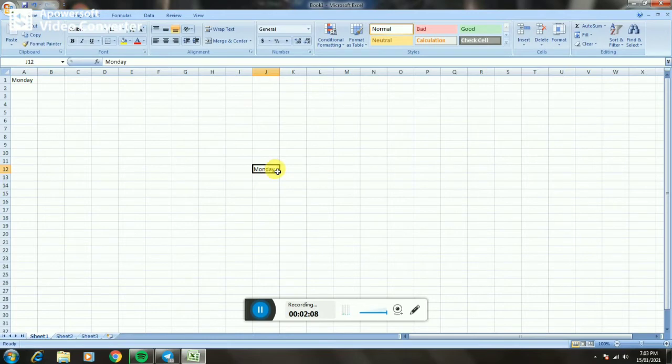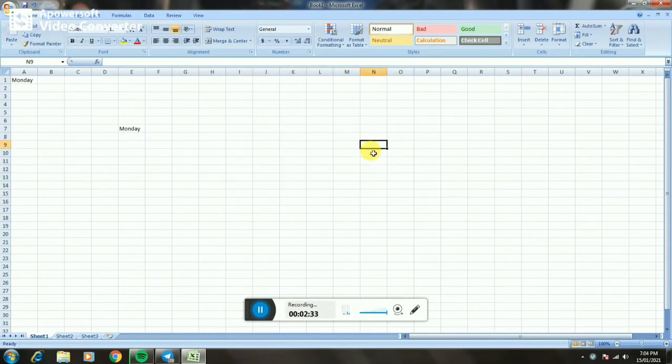To copy the content, press the Ctrl key. The four-headed arrow will change to an arrow with a plus sign. Now click and drag the cursor to a blank cell. As soon as you release the mouse button, the content will be copied or moved to the destination cell.